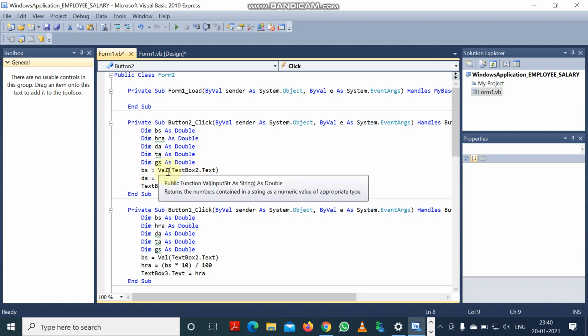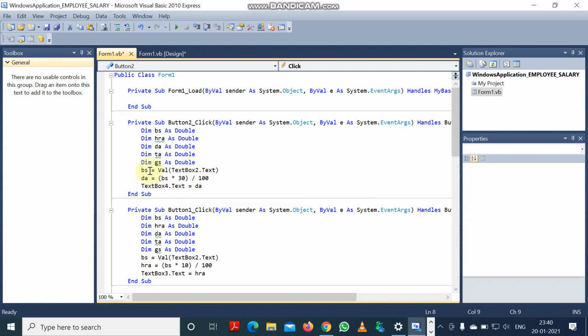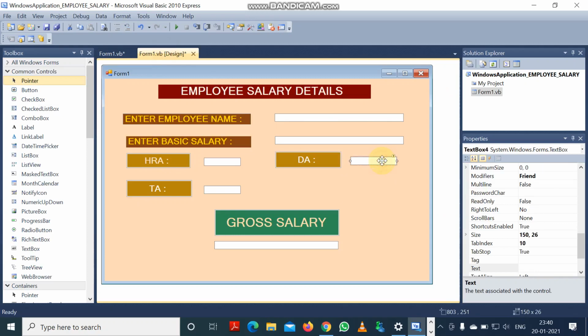So the val function is taking the value of text box 2, that is the salary given by the user, and this salary is stored into BS. Now we are calculating DA equal to basic salary into 30 by 100. That means 30% of the basic salary will be DA, and DA we are keeping into text box 4. So which one is text box 4? This one is text box 4.